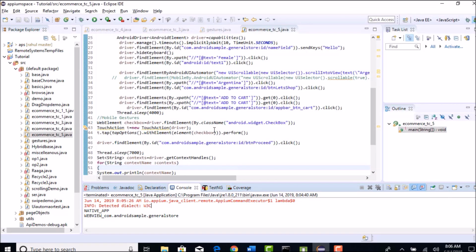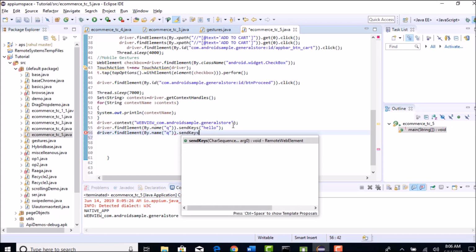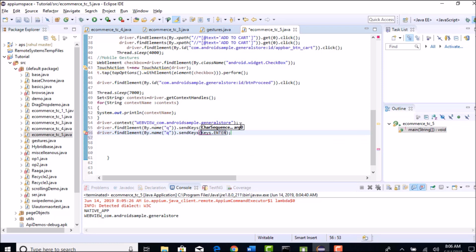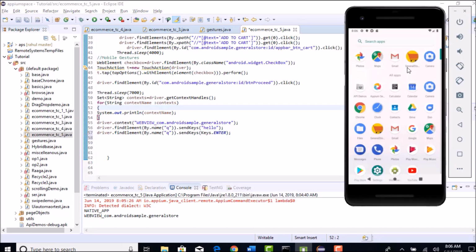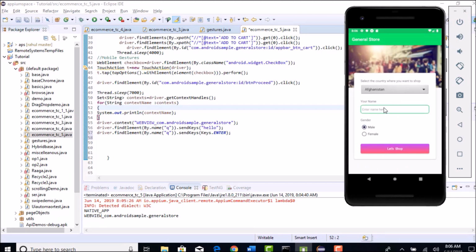Now let's actually wrap this lecture by performing a few more little operations on that mobile, and I will switch back to native app and we'll see if that's happening or not. So once you enter send keys hello, I want to click on enter, which will open the results, Keys.ENTER. So what is this? Initially you have entered hello, right? Thereafter, if you want to know the search results with that hello, you have to either click on the search button or just click on enter.